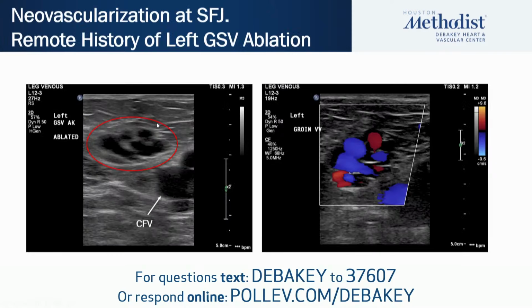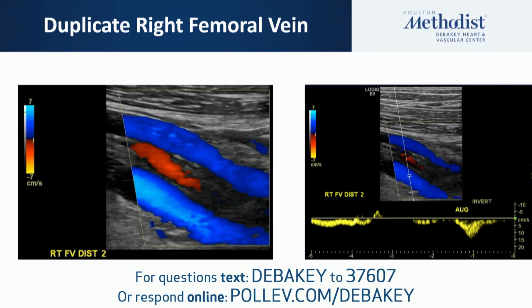So this is a patient who had a history of successful left great saphenous vein ablation. This is about 5 to 7 years later, and what we see here is some neovascularization right at the groin area. This is a patient with some recurrence of varicose veins in the lower legs, but this is what neovascularization will look like. We see that sometimes after saphenous vein ablation. We also see it after stripping, especially